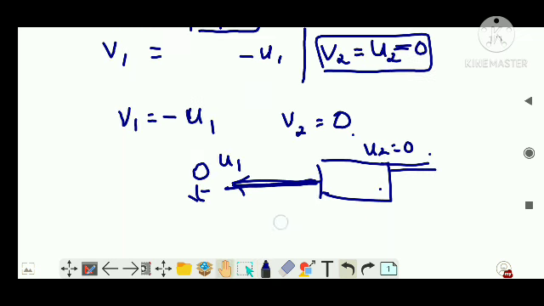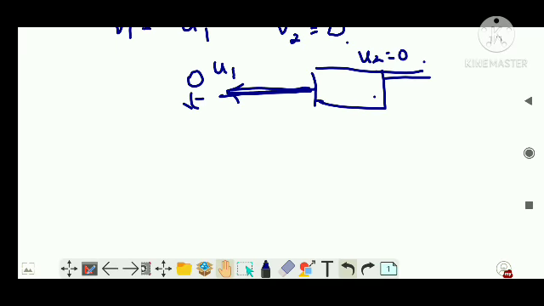That is, if an object of smaller mass strikes a mass which is very huge, the striking object will rebound. It strikes like this, and it rebounds. That's why this is actually a rebounding condition, but the larger mass is not going to alter its position. This much clear now, right?